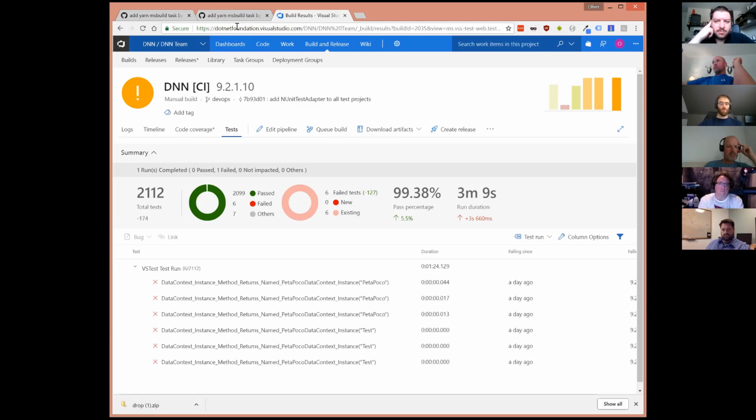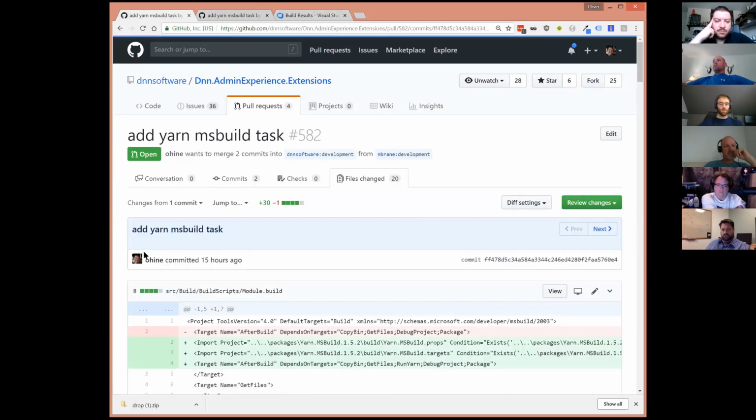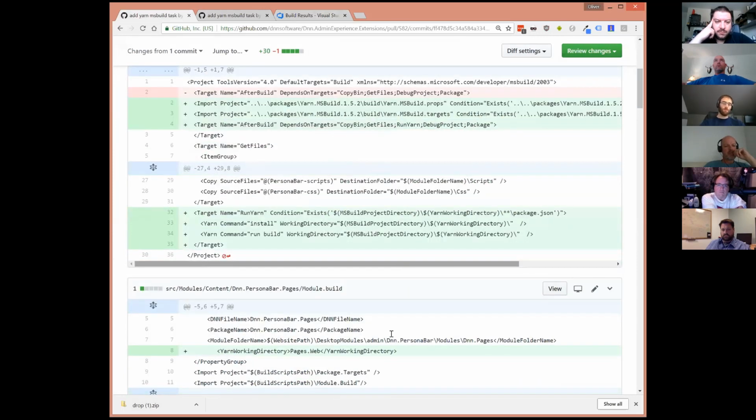The persona bar uses a package manager called Yarn. So here are 2 pull requests that I've submitted that basically add the manual Yarn step that you'd have to run at the command line,